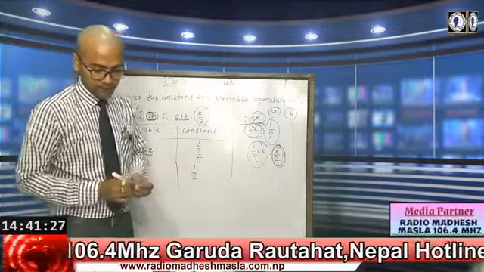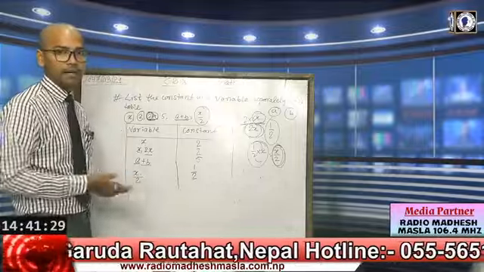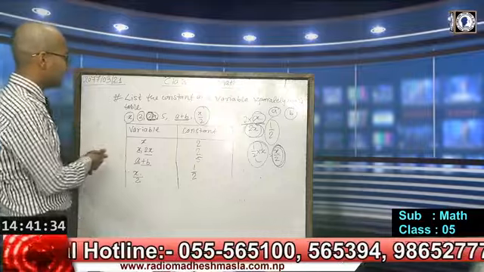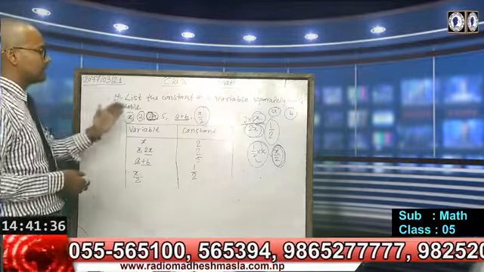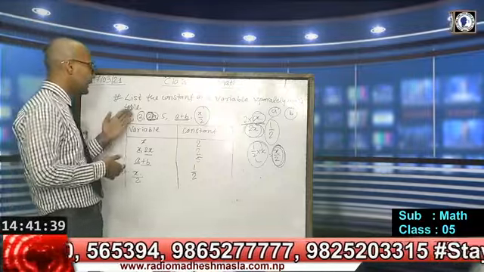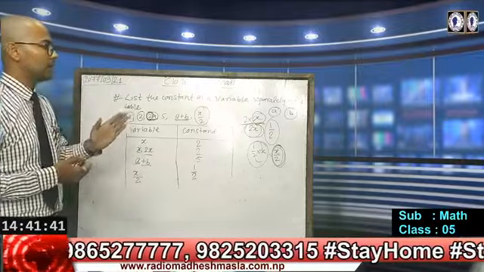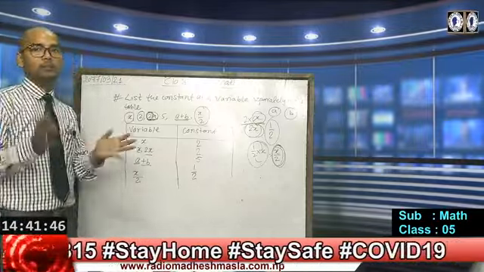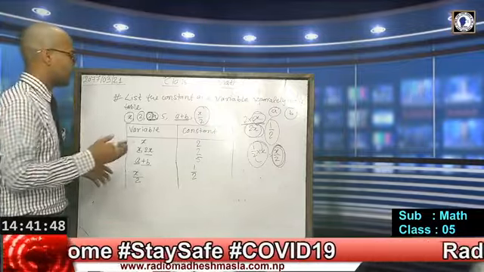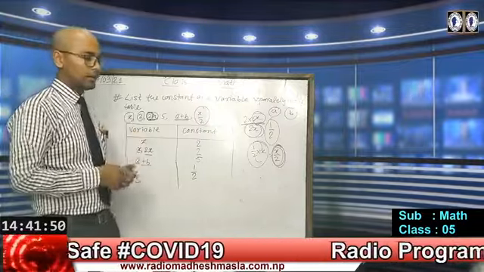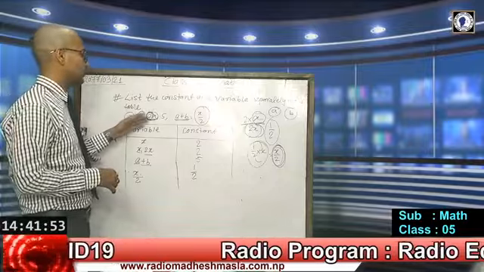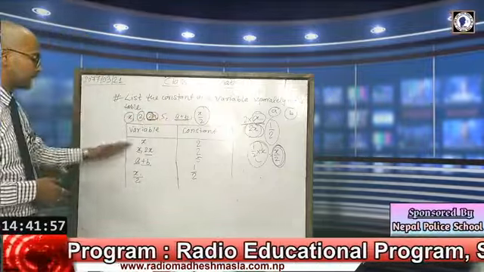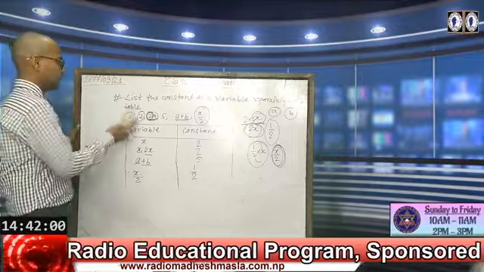In the same way, you can classify or identify the variable and constant. So listen once again. If you have a question like this, list the constants and variables separately in the table, and you are given different variables combined with constants, such as x, 2, 2x, 5, a plus b, x by 2, at that time we can classify like this.